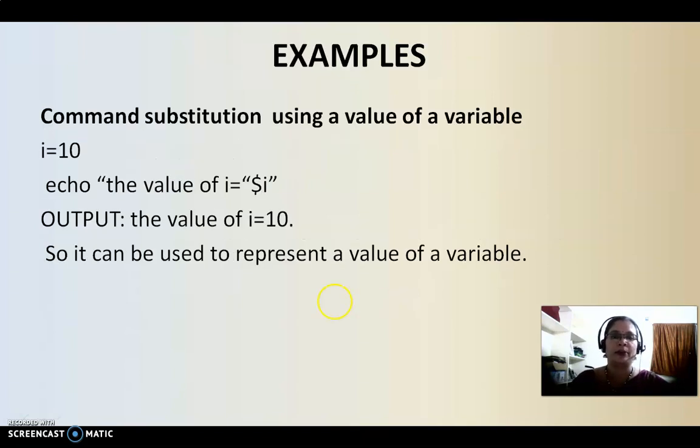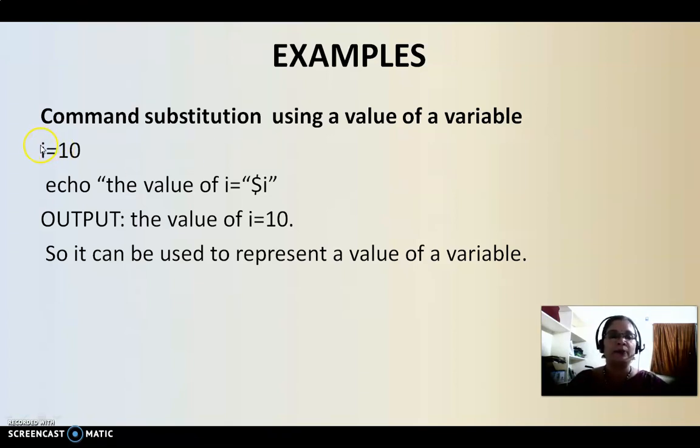First we see the command substitution using a variable, later we see the command substitution of the value. If you substitute a value to the variable, how will the substitution work? If you substitute a command to a variable, how will it work? Now we are going to see. Instead of that particular command, the value of that variable will work. That is called the substitution.